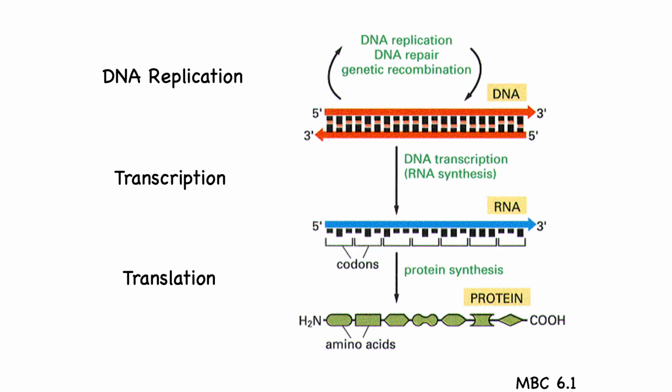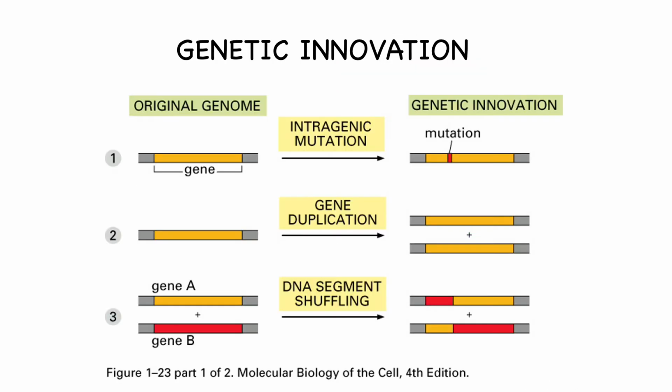Okay, let's go back to this diagram. We've talked about replication. Now we're going to talk a little bit about how DNA changes over time. It does so pretty slowly. DNA is an incredibly stable molecule, but it does change, and we'll look at how the cell minimizes that change by repairing any lesions or insults to the DNA. And then we'll talk a little bit about recombination. Now, before we talk about the types of changes that we get,